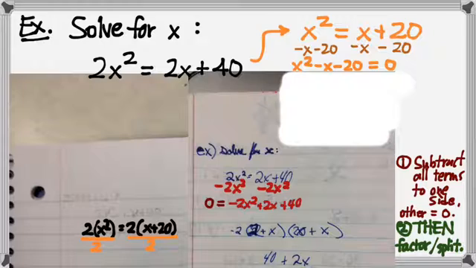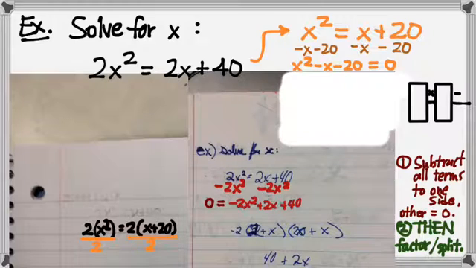Did anybody get to the point of factoring that? 5 and 4, right. So again, what we did there is we were looking for a pair of numbers which multiply together to give us how much? Well, they have to multiply together to give me negative 20, and add together to give me negative 1. And so a 5 and a 4 will at least give us the product of 20. Now we just have to decide which one or ones of them gets a negative sign. So which between the 5 and the 4 do I want to give a negative sign to? The 5, because we need the sum to be negative. The sum needs to equal negative 1. So negative 5 and positive 4 fit the bill,